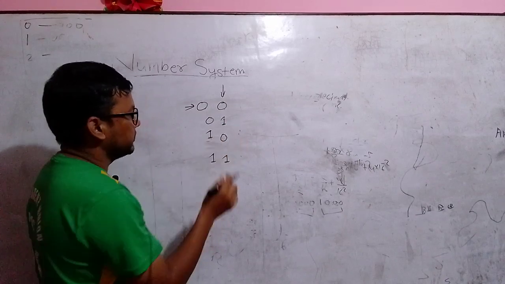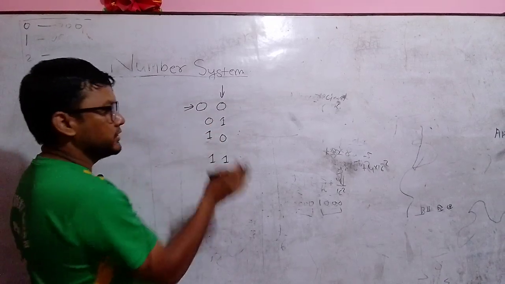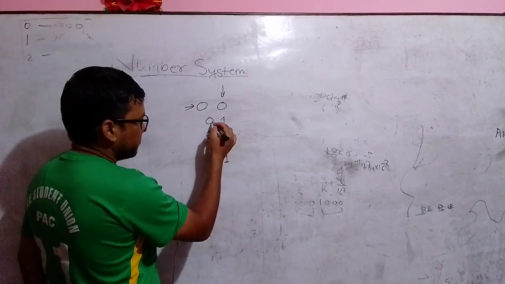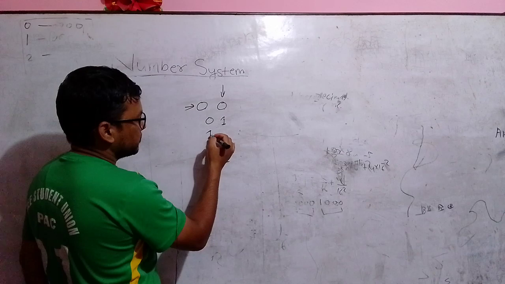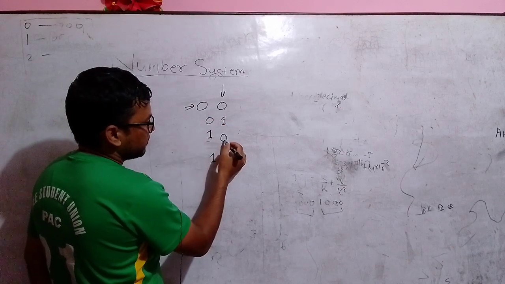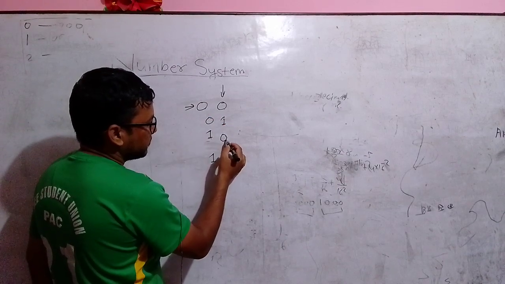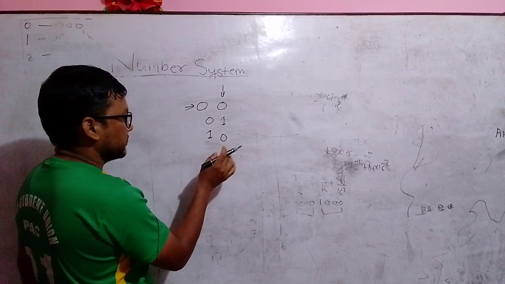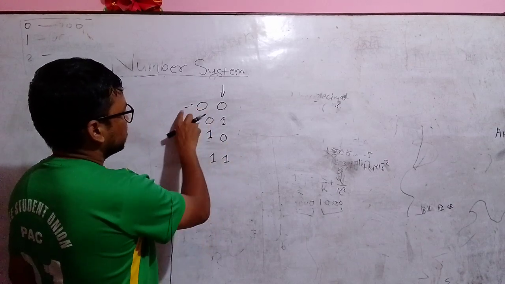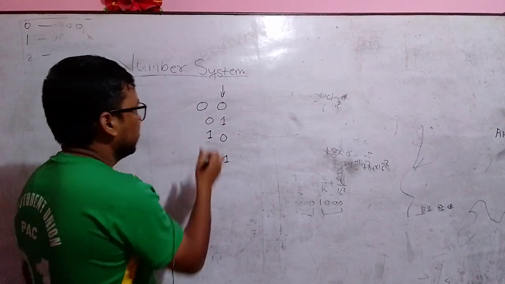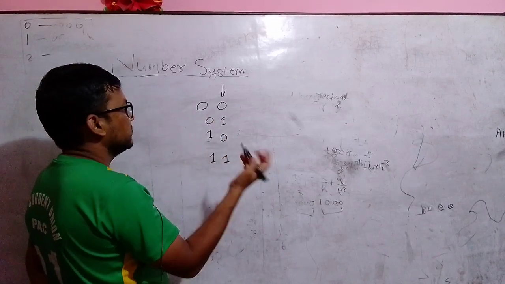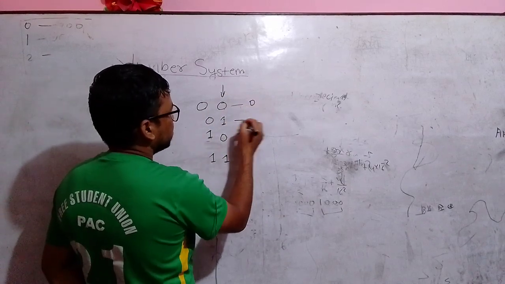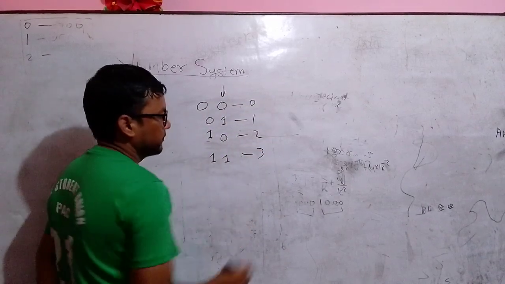If we convert 1 to 0, then the nearest digit will change. We need to understand only this. 1 is converted into 0, that means the nearest digit 0 is changed into 1. Again, in the next step we need to convert 0 to 1. If we convert 0 to 1, the remaining digit will not change. That means in this way we can find the binary counting. What would be the binary counting of two digits? 00, 01, 10, 11, which is equivalent to 0, 1, 2, 3 in decimal.